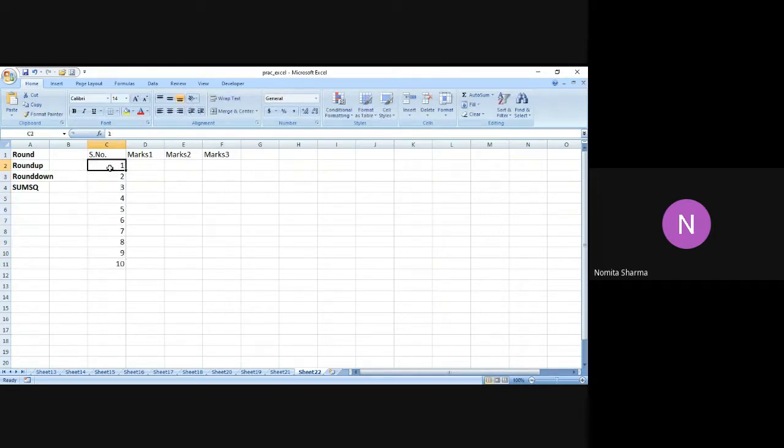And I can also use random numbers with the help of the rand function that we did in the last class. I can use the RANDBETWEEN function. Let me use RANDBETWEEN.